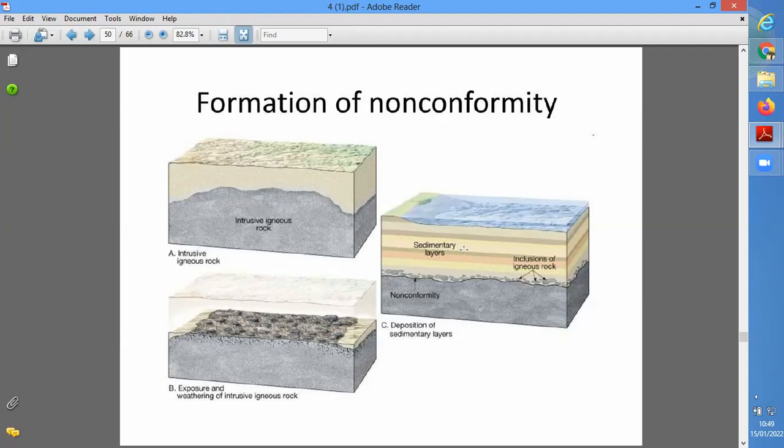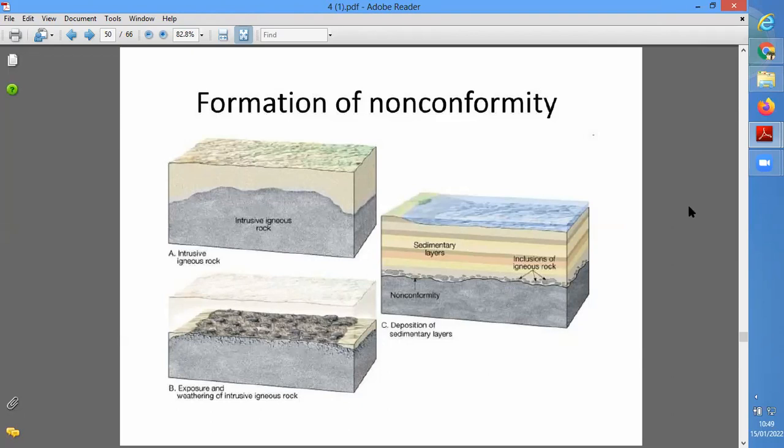Now, have you understood the meaning of unconformity? The types of unconformity, have you understood? Hello, have you understood? Please give the reply, yes or no. Hello. May I be audible? Yes, sir. Okay, so